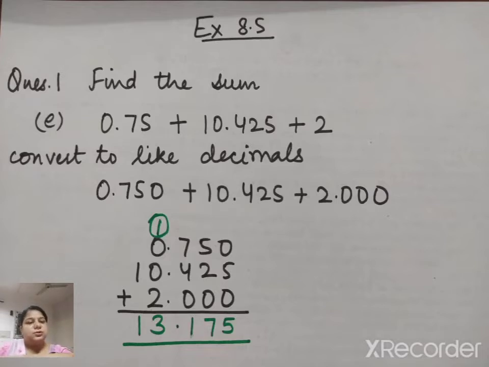In the other two decimals also, like 0.75, we already have 7 at the tenths place, and then at the hundredths place we have 5. So we will put 0 at the thousandths place. As you know, after the decimal we can put as many zeros as we want after any non-zero digit, right? And similarly 2 can be written as 2.000, right? So we have written 2 as 2.000 and 0.75 as 0.750 to make them like decimals.